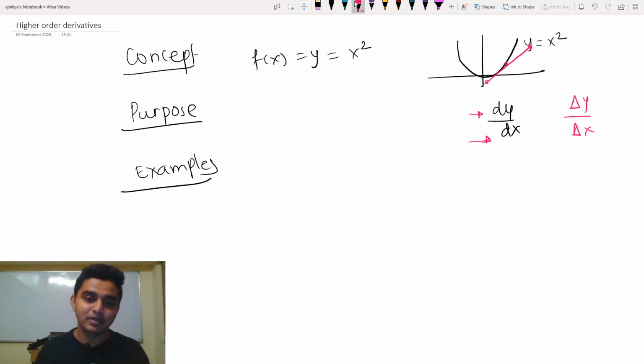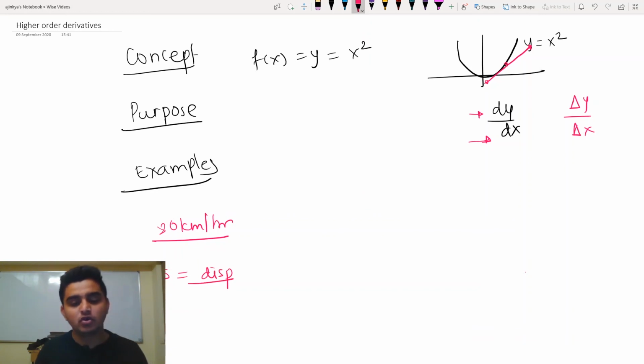For example, let's take a car running at 80 kilometers per hour. What does this depict? First we have something called displacement. S is nothing but displacement, isn't it? When we try to differentiate it with respect to time, let's say the displacement is on the y-axis